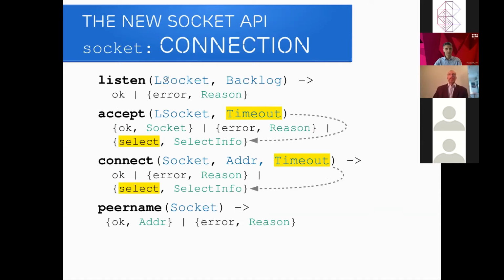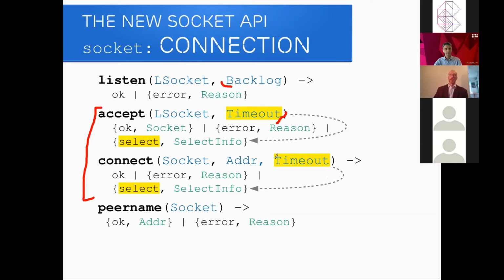Creating a connection, you first have to put a listening socket in listening mode. The backlog size here should for SCTP probably be a boolean. Accept and connect creates the connection. We here have a timeout argument that is not POSIX. That is our own extension.